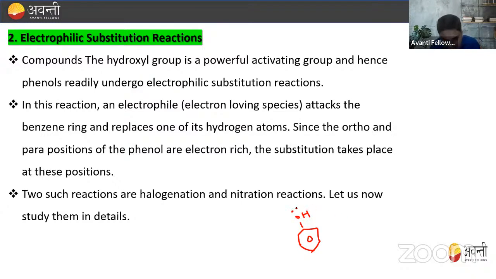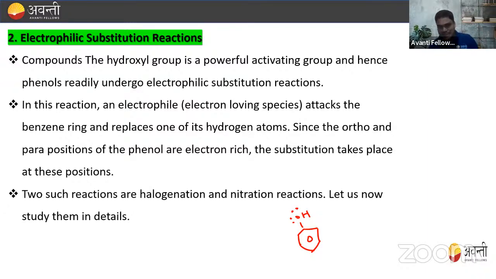So we know that in this structure, oxygen has a lone pair of electrons. Through resonance, this lone pair can contribute to the ring, and this ring becomes a powerful activating group. So when we want to know which ring is activating and which ring is deactivating, note that whenever some electron donating